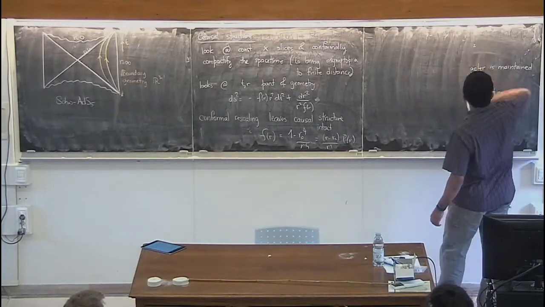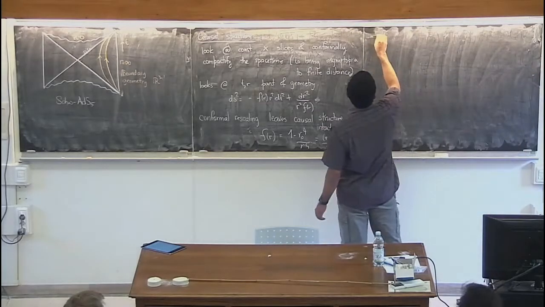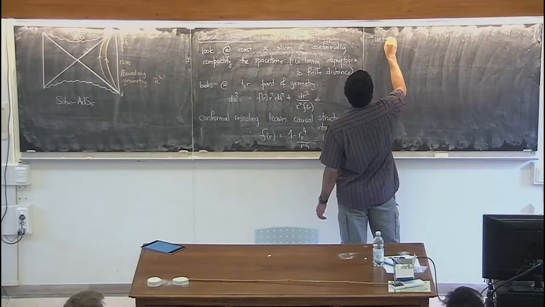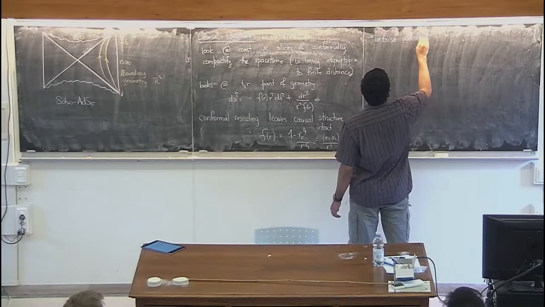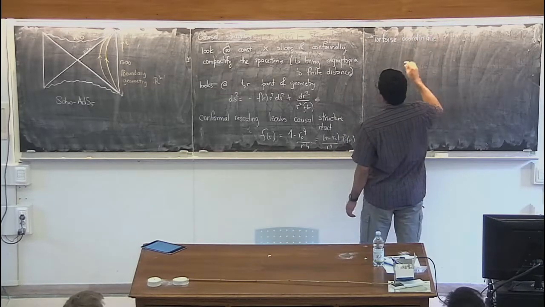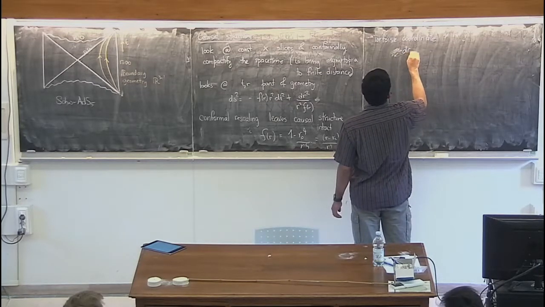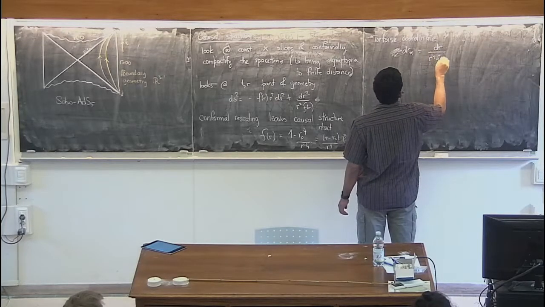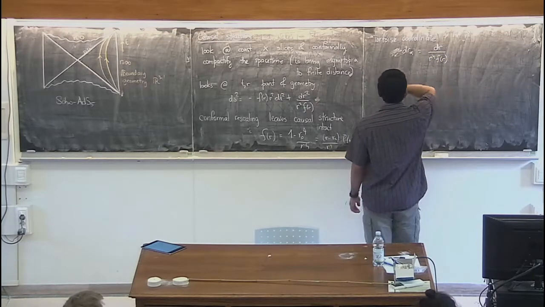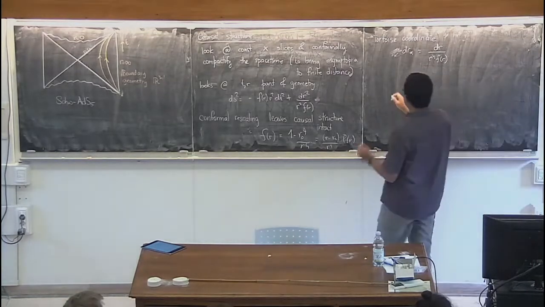So define a tortoise coordinate by writing dr star, so that, and then you can write the metric